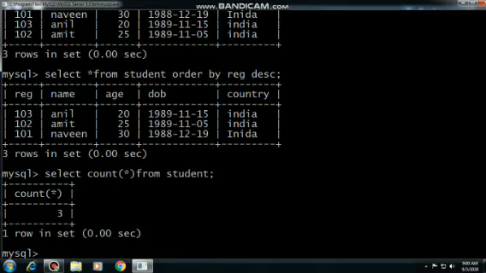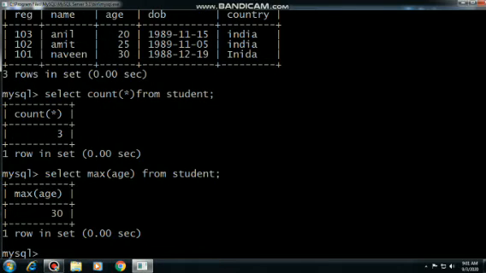Now you can find the maximum and minimum value with the help of the maximum or minimum function also. Suppose you have to fetch which is the maximum age, whose candidate has the maximum age. So you write max age from your table name, that is student, semicolon, terminate the line, that is 30. You can change the column name also here.